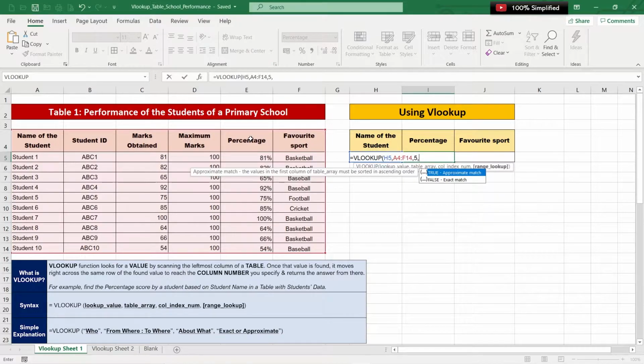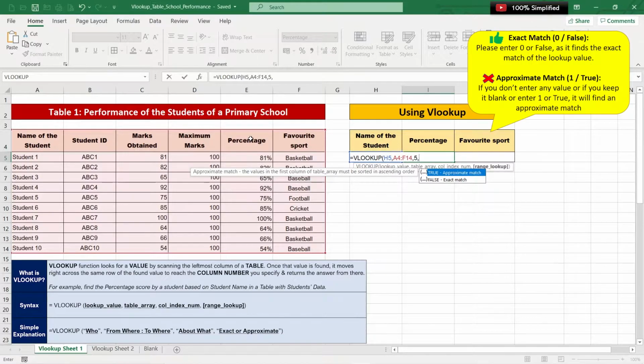As soon as I put comma, it asks you for a true, that is approximate match, or a false, that is exact match. Please note that this is an optional field. If you don't enter anything, the command will still work, but it will assume approximate match. So always remember to put either a 0, or you can select false with your mouse, or type false.